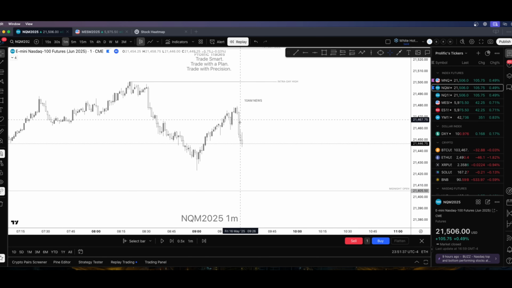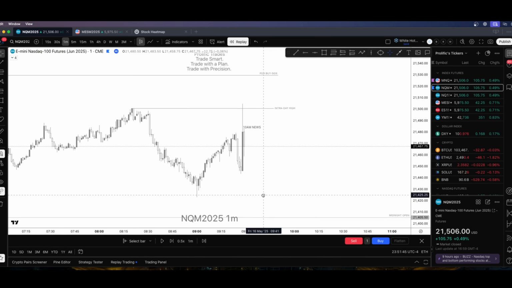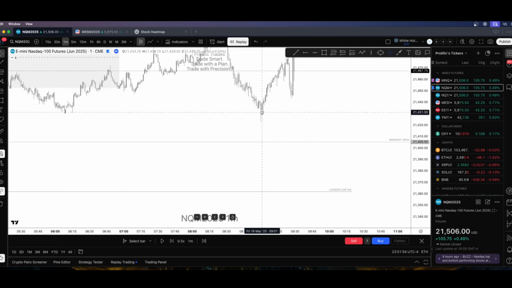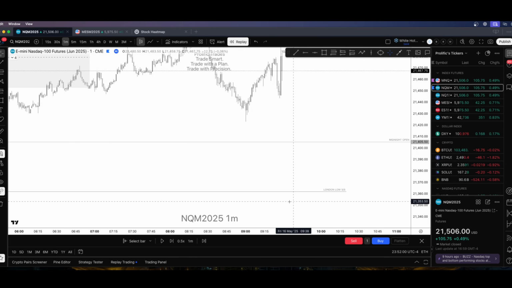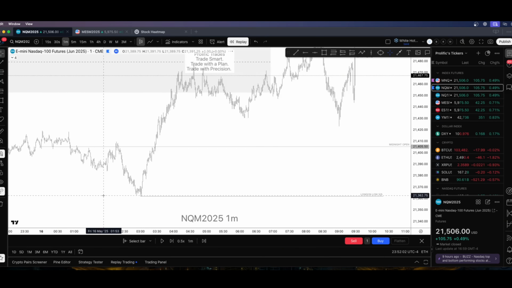Look at this impulsive move down. I'm like, man, some people are probably trying to short this early. Look at this 9:28 impulsive candle up. Once I saw this, I made a mental note in my head: I expect us to trade lower, so I automatically start looking lower. I see the London sell side, this low that was set at 3 a.m. during London session. I look at them as opposing liquidity, because look, boom, boom, boom, boom.